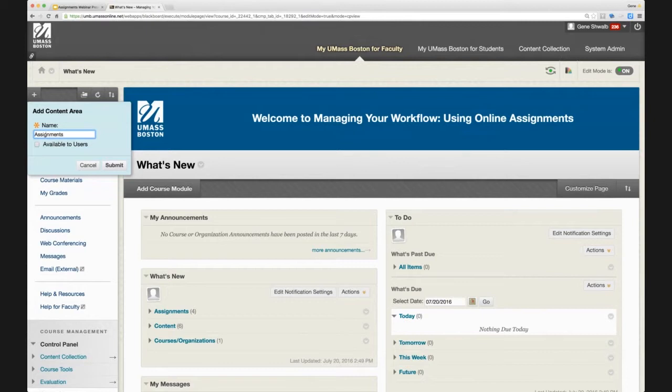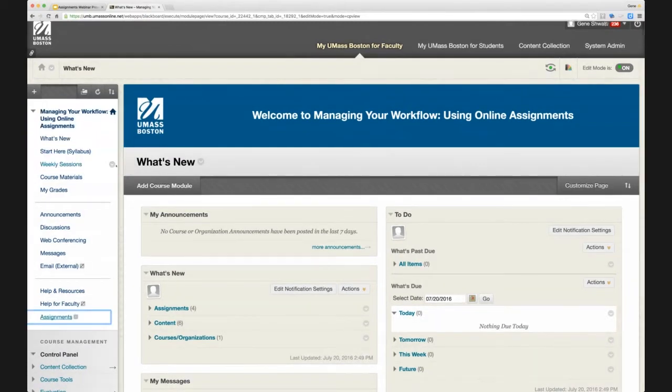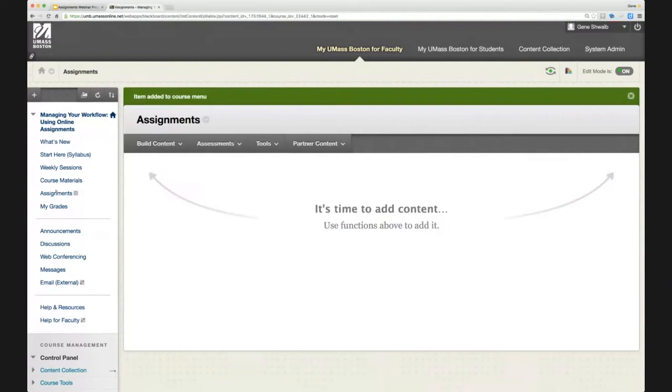I'm not recommending this or saying it's a good or bad idea, I'm just saying that here's an option. I would bring that up to the top part of the menu, which is where we put menu items that generally have to do with content. And you'll notice if I click on content, I'm going to see one of these menus where it says Build Content, Assessments, Tools, Partner Content. I know I'm in a content area, so that's a place where I can add